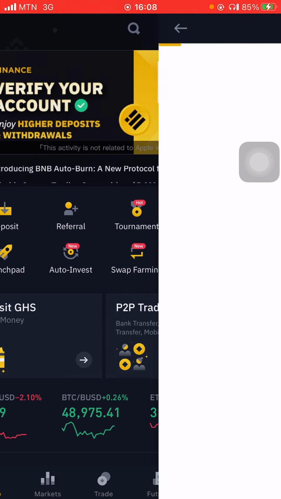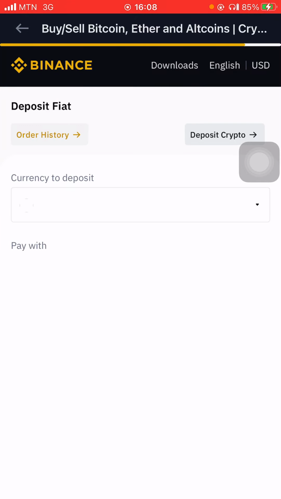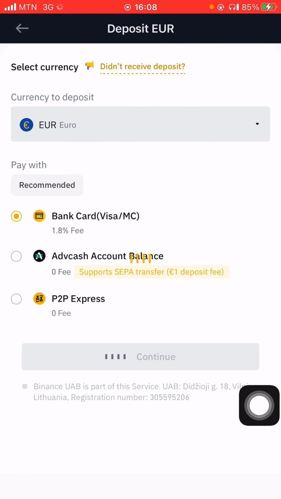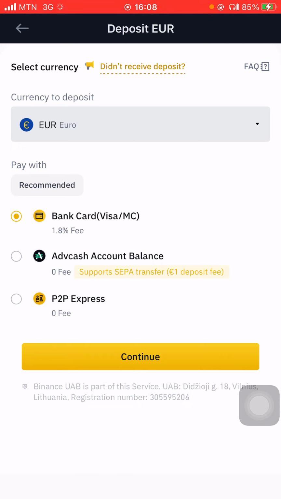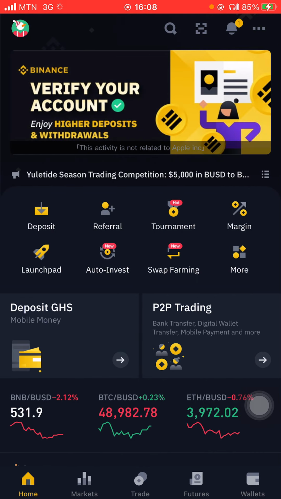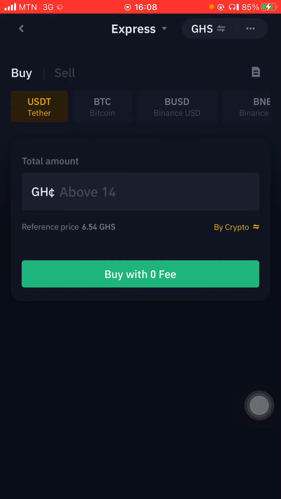That's through P2P. So when you click on it, it takes you to the various platforms through which you can buy a coin. We have the banking system, we have the advanced cash account balance, then the P2P system. So that is it. Then when you come to P2P trading, it takes you straight to the P2P platform where you can buy,